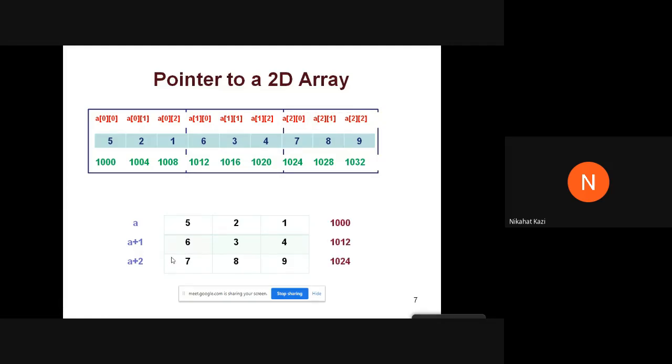So the value of A will be 1000, this element's base address. Then A plus 1 will give me 1012, and A plus 2 will give me 1024.